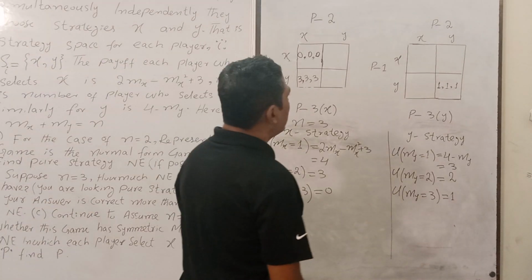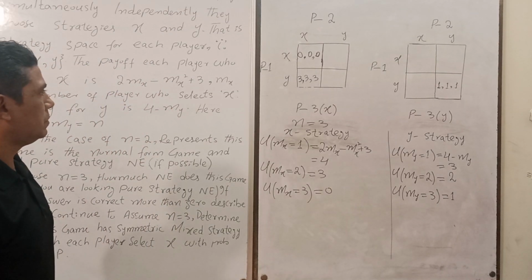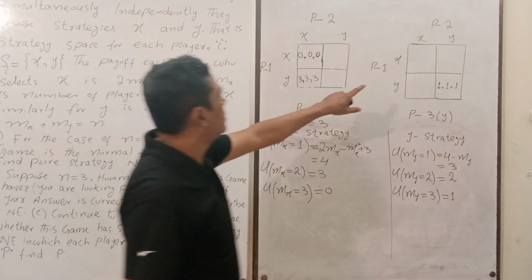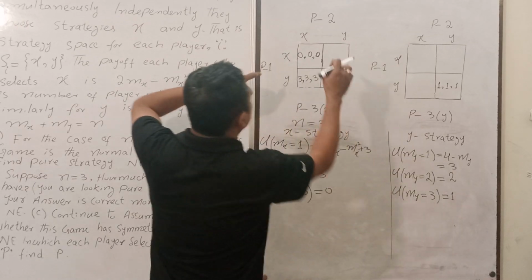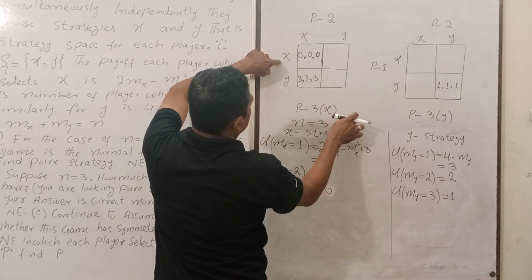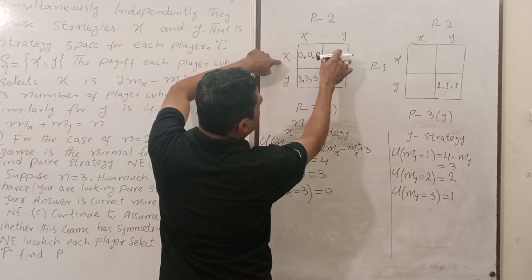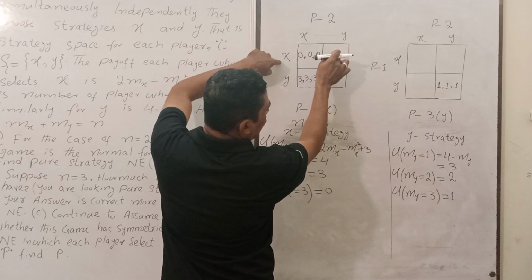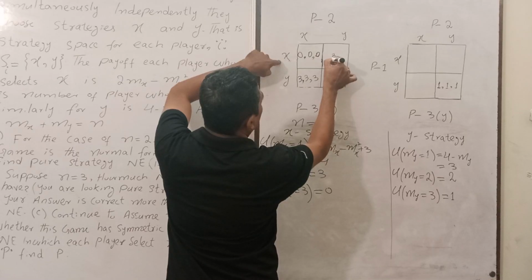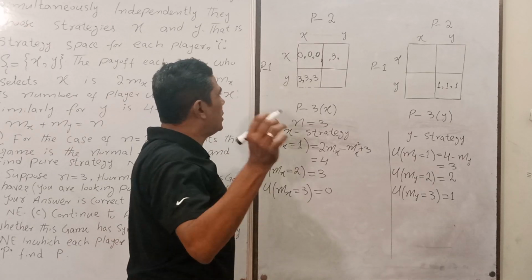Yeah. Okay. When player 2 plays strategy Y and the other one plays strategy X, what about the player 2 element when he plays strategy Y? So my equal to 1, so it is 3. You got my point? Acha, just a minute.